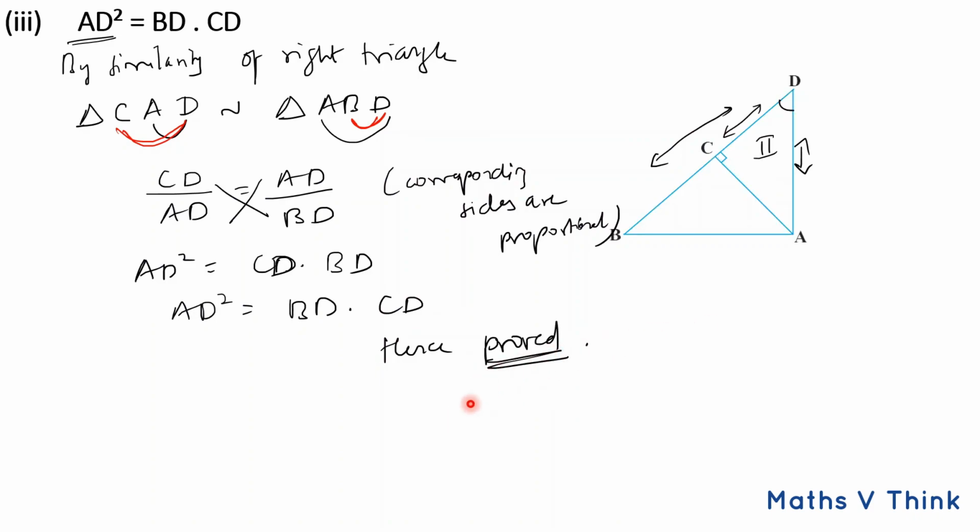So the third question completes here. In this video, we did question number 1, 2 and 3. In the next video, I'll be doing the remaining questions of the exercise 6.5. I hope you understood all the problems, and also before starting this exercise, do thorough with the Pythagoras theorem and the converse of Pythagoras theorem, because the problems of this exercise are based on those theorems.